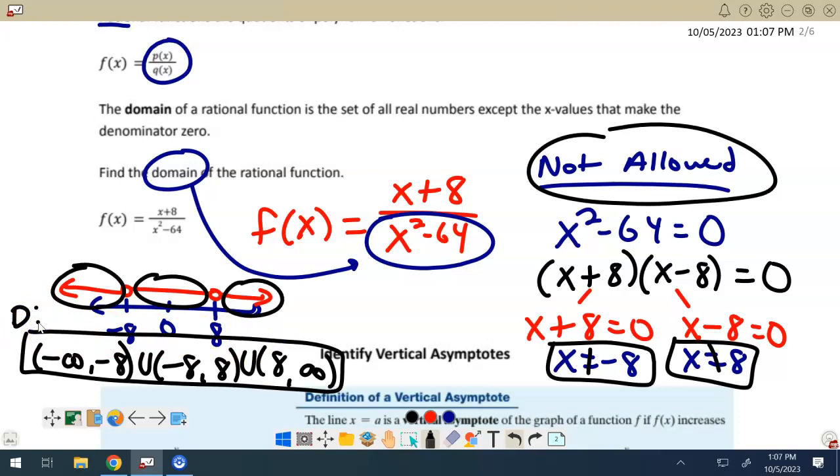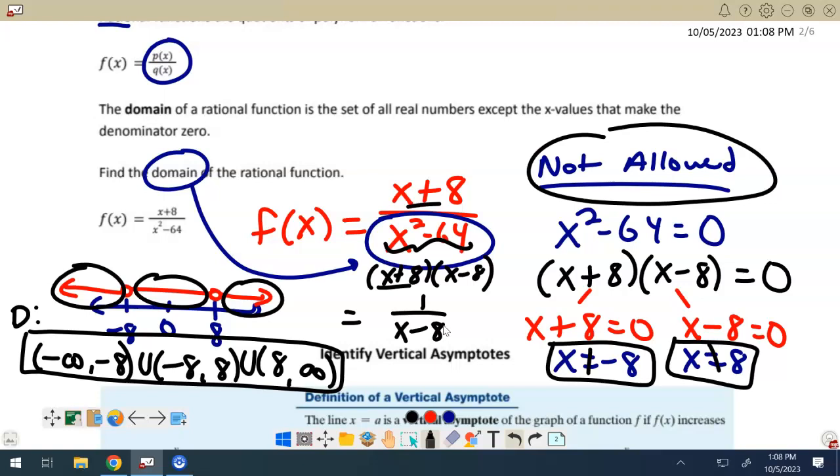Now, if you're observing, you might have noticed that x squared minus 64, based on the way it factors, this fraction actually reduces, right? We have an x plus 8 on the bottom, we have an x plus 8 on top. Those cancel each other out. This actually reduces to 1 over x minus 8, which is relevant for graphing that function,